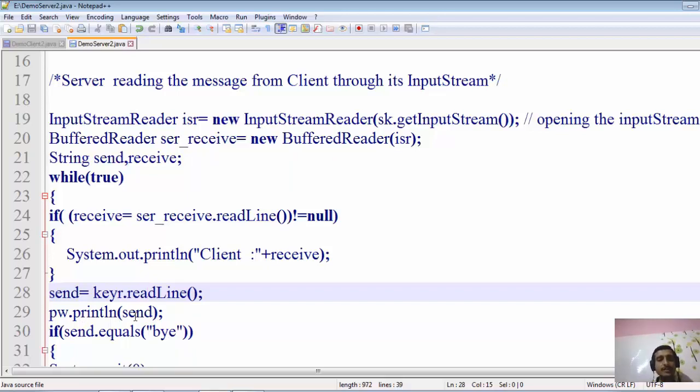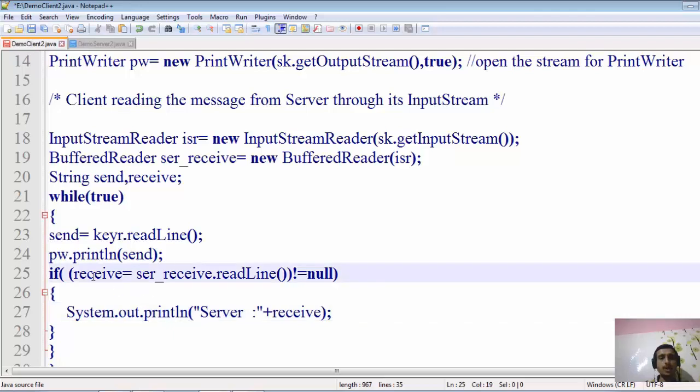Now the client's data stream must come into the picture. So now the client's receive must come into the picture to receive this particular thing. Again I will come here, this part, line 25, now I am here. Send we have done, so now the receive of the client: the particular message that has been sent from the server has to be received by the client. So now the server receive method of the client will be in the picture.